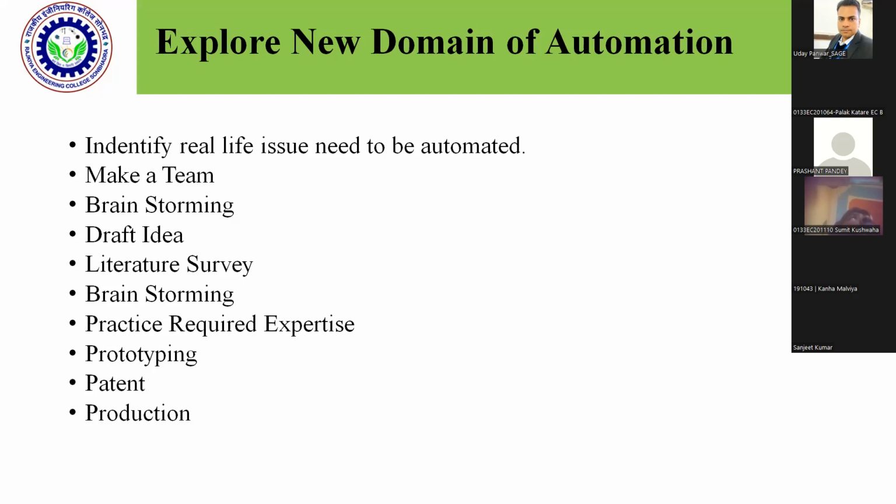Then fire safety exits: how fire safety exits or fire safety equipment can be fully automated, because in the upcoming days we will see a lot of fire incidents occur in the future. And then almost 30 to 40% of areas of India are water drain regions. In water drain regions, water scarcity is a really big problem, and we are not understanding this problem. We are wasting a huge amount of water.